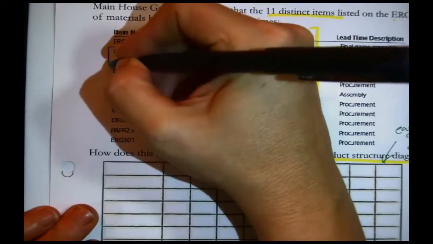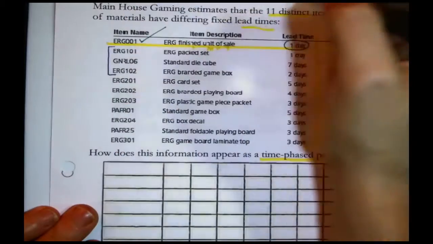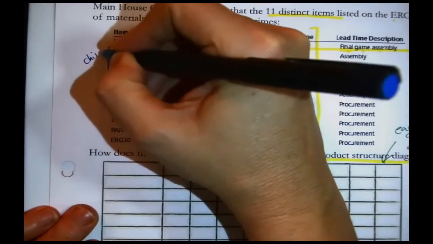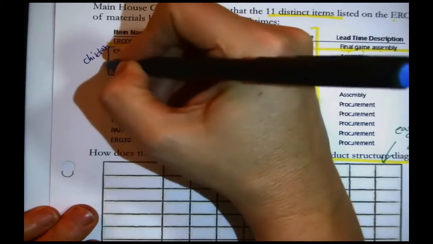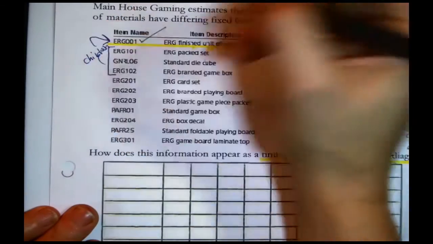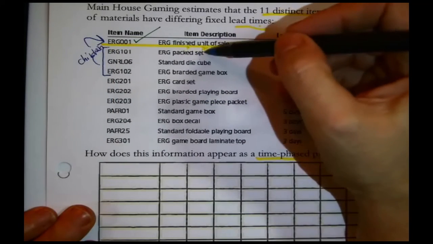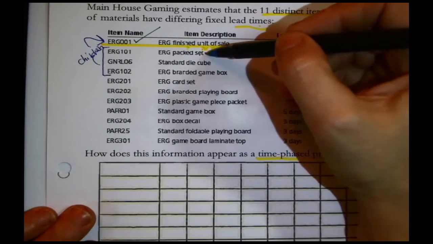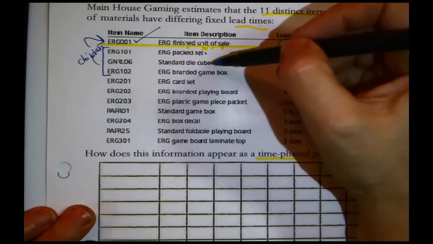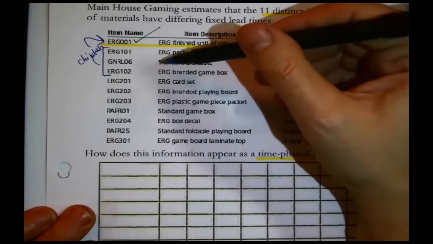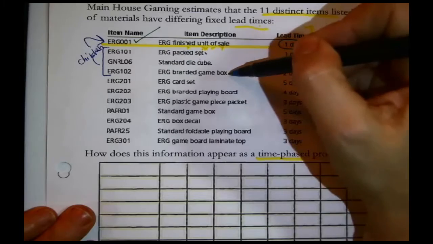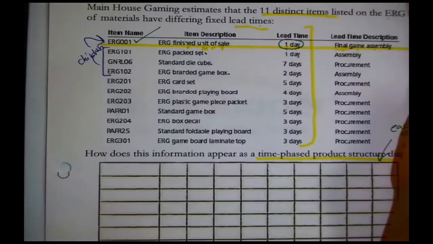or you can take my word on it that these next 3 items are the children of ERG001. Because what are they? The ERG packed set, that's all the insides of the game. Okay, 2 standard die cubes and the actual, it says branded game box, the actual game box that everything is